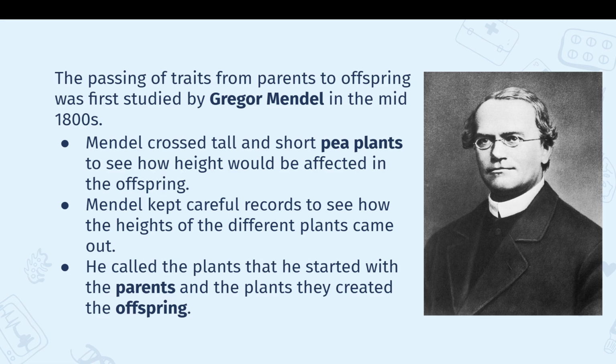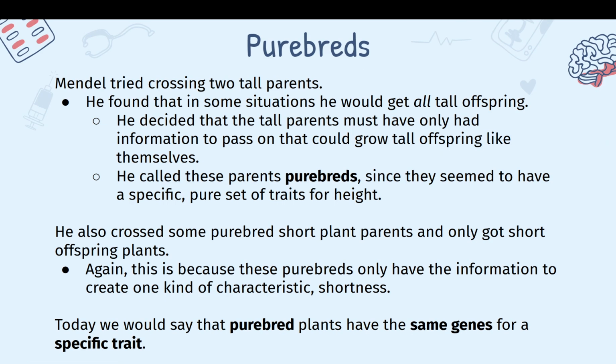And we can do something with plants that is just like with humans. You can cross fertilize plants with each other, and you basically have the two plants you started with as parents, and the plants that they create from seeds that you gather are the offspring. So that's exactly what Mendel does. He starts taking tall plants and crossing them with each other as parents. And what he finds is that in some situations, some of those tall parents always resulted in tall